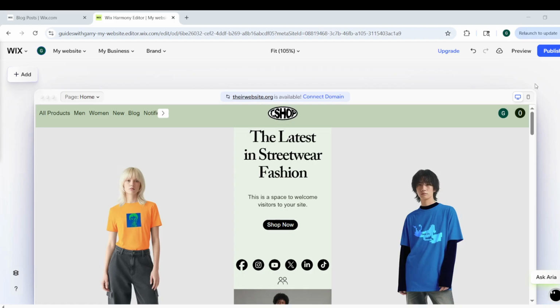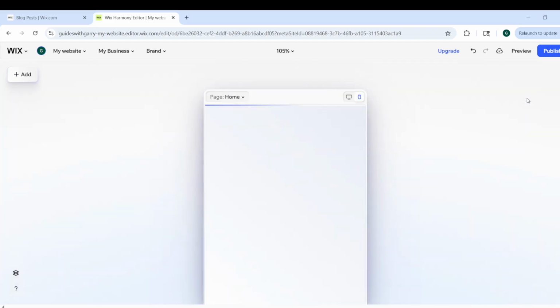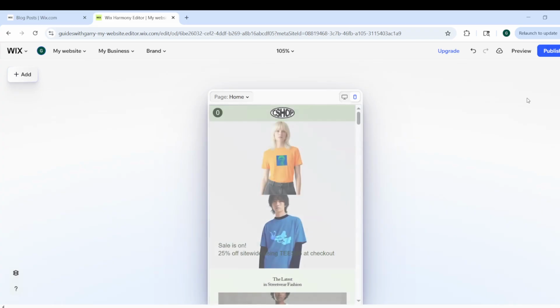Since this menu is for the mobile version of your site, the first thing you need to do is switch from the desktop view to the mobile view. To do that, go to the top toolbar and click the smartphone icon labeled Switch to Mobile. This changes the editor so you can work directly on the mobile layout and place elements where they will appear